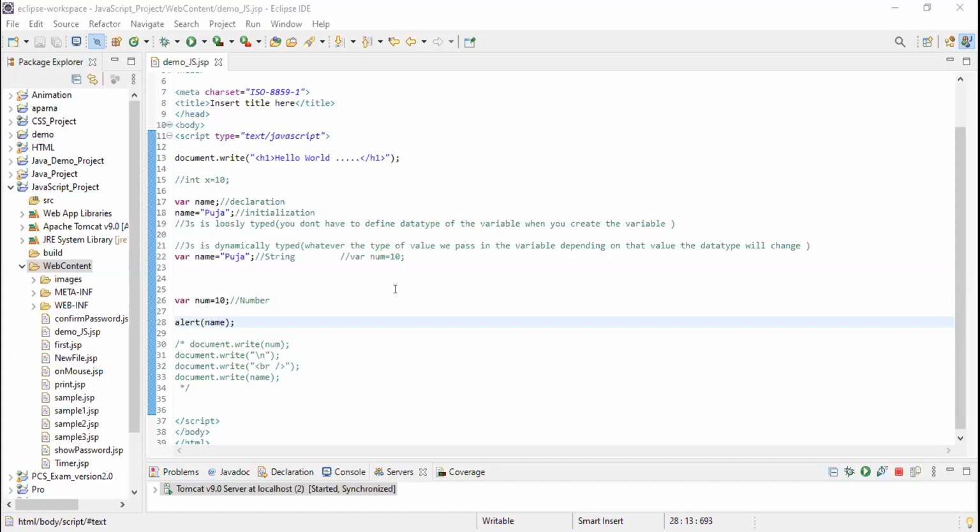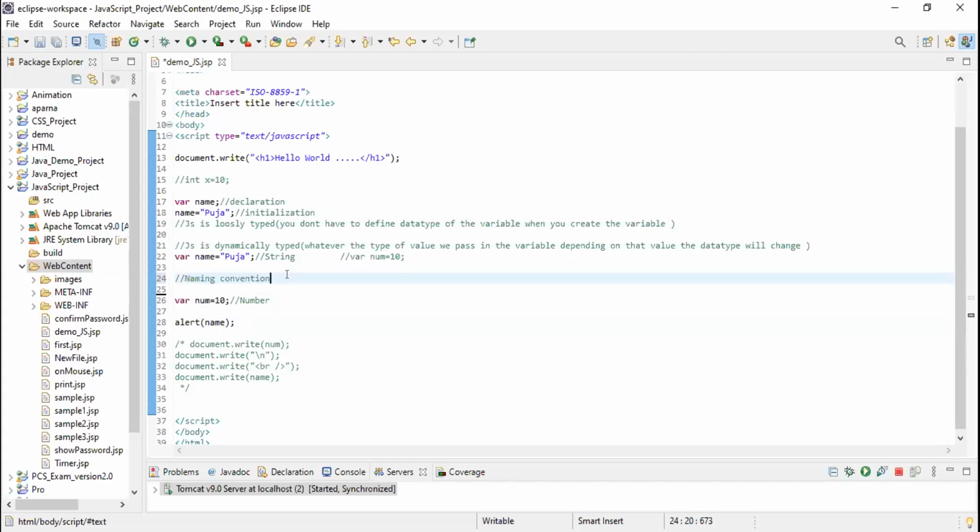So when we create any variable, there are some naming conventions. All of you know what is naming convention? Saurabh, Divya, Pallavi, is alert working?